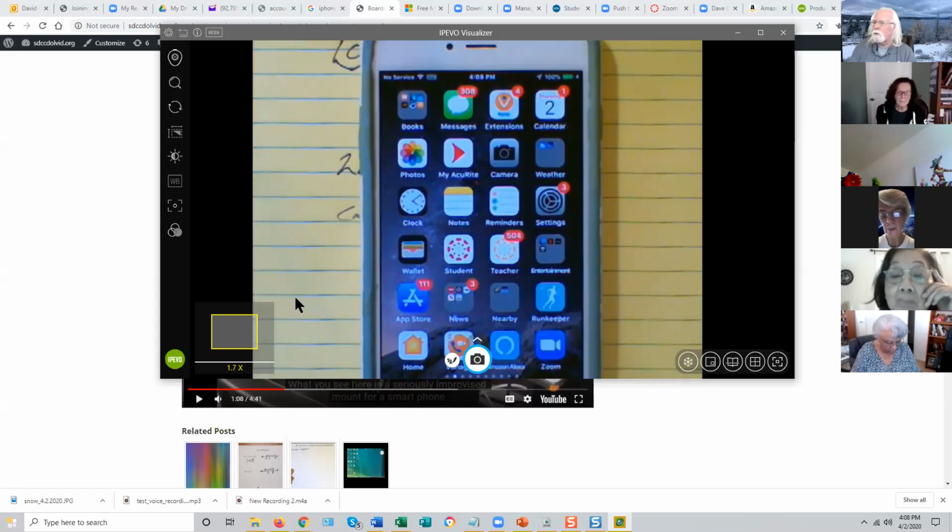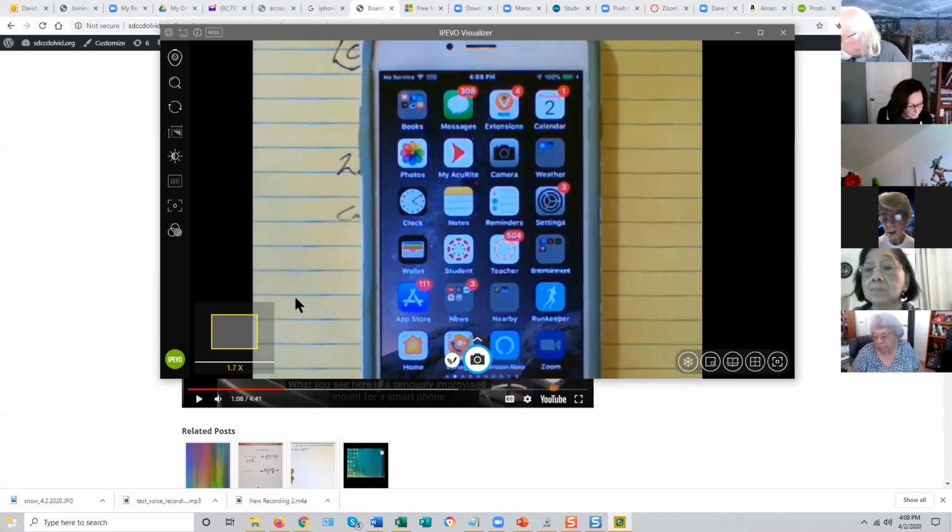In order to attend a Zoom meeting from a phone or a tablet, they have to have the Zoom app already loaded on it. Unlike a computer, where Zoom will automatically install the client for them when they click on the link to your meeting, with the smartphone, they have to have the Zoom app on it to start with. But then they can just tap on a link in an email and go right into your meeting on the smartphone as well. But more often, to enter Zoom from a smartphone, they'll just tap on the Zoom app